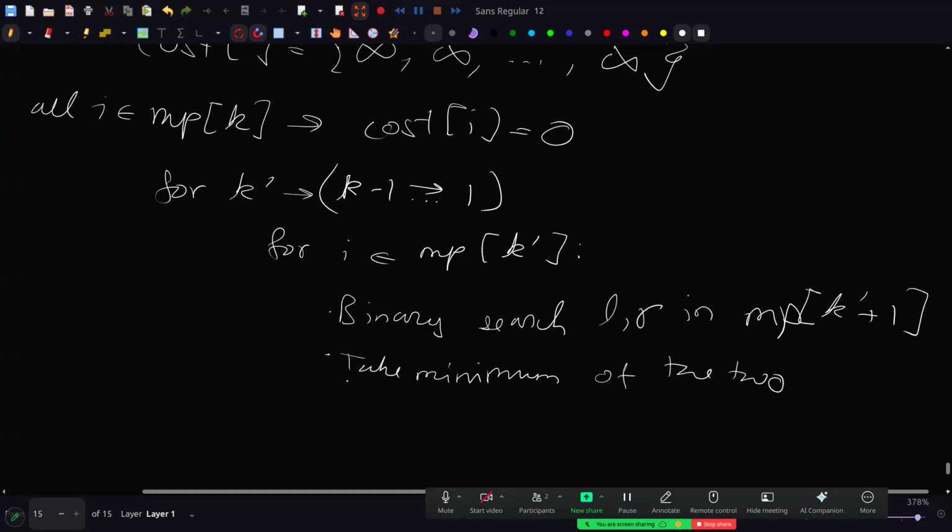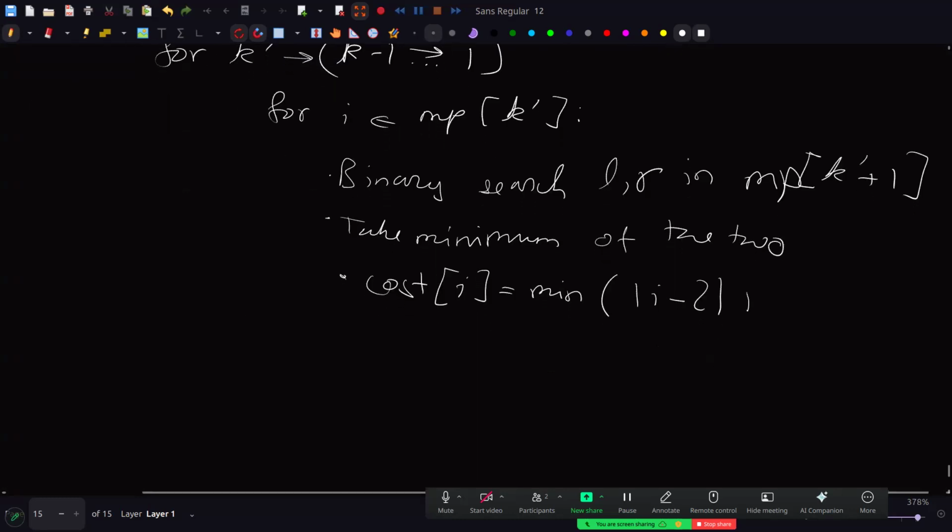So what will this look like? This will be something like cost of I will be the min of I minus L, the difference between I minus L, plus the cost of L. So let's say that was the position of the one which was just before, and the distance between I and R plus the cost of R. So we take the minimum of these two and we